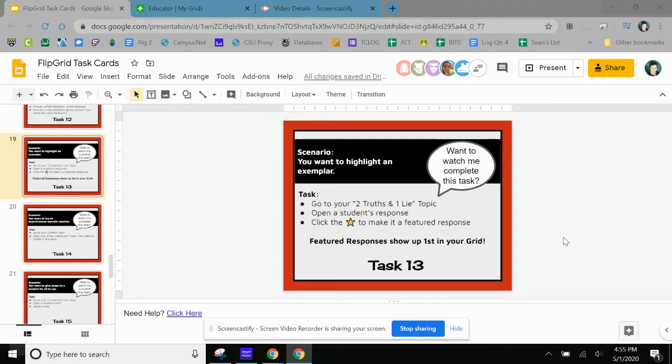Okay, this is task 13. And again, this is one that you might not be able to do because you don't have a student response, but you can see how to do it when you do get student responses. So this is if you wanted to highlight a particular exemplar. So if you have it so that the students can respond to each other, what we're going to practice doing